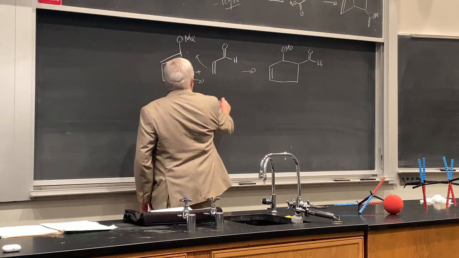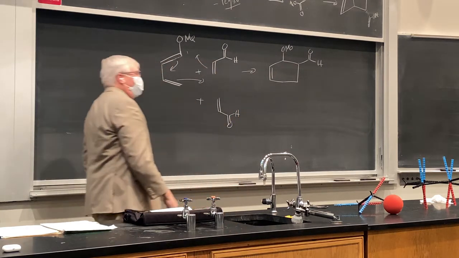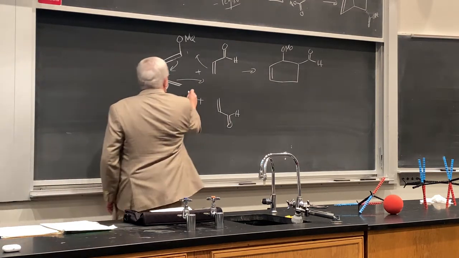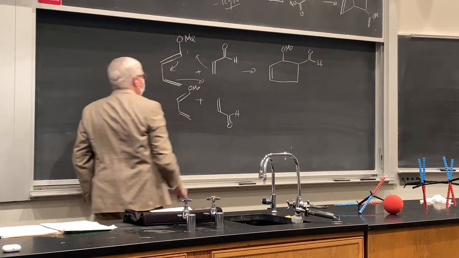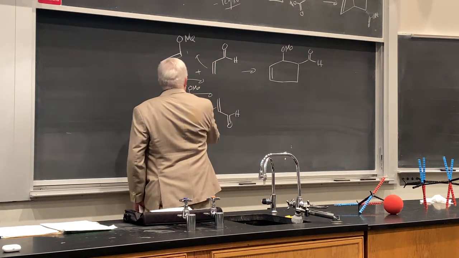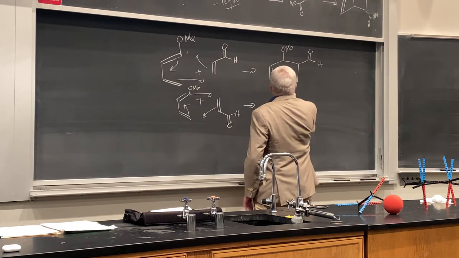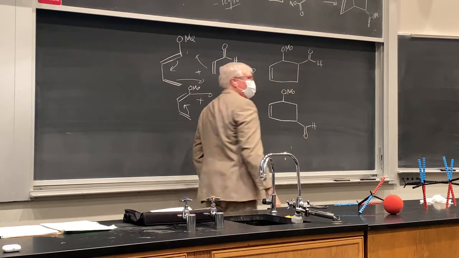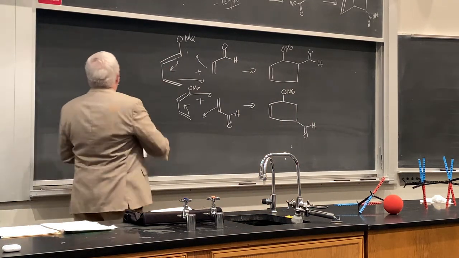The other thing we need to worry about is what? How about if we flip the aldehyde over like that? And so what would that look like for a reaction? Now we're keeping the methoxy butadiene in the same spot. So go ahead and push the electrons around there, same mechanism. But look, the position of the methoxy to the aldehyde is changed, okay? Now these are affecting not only the regio